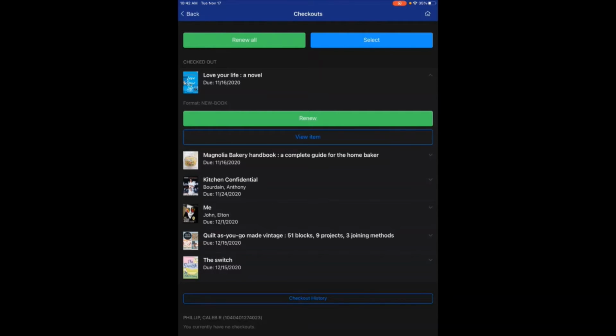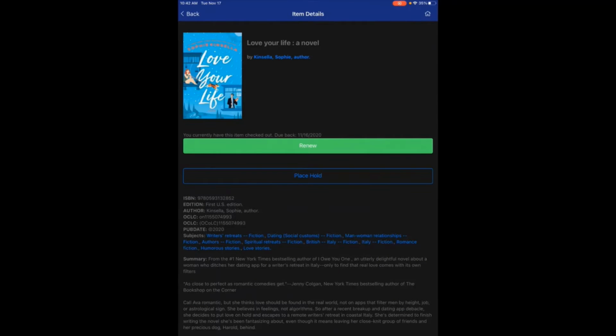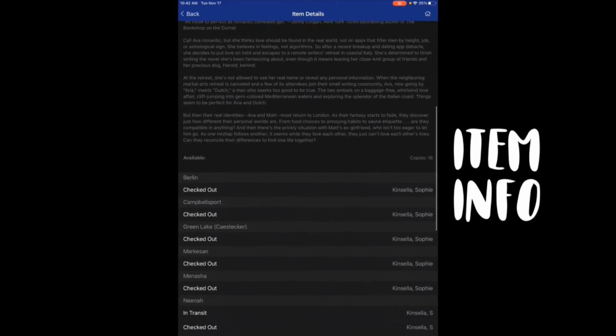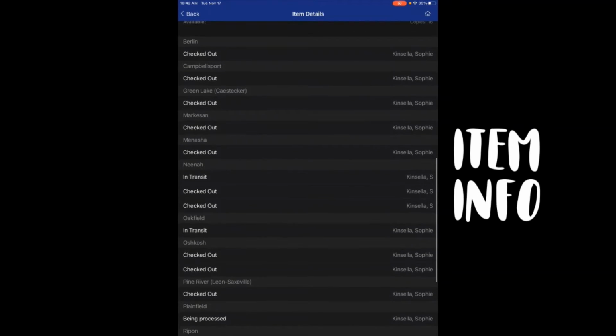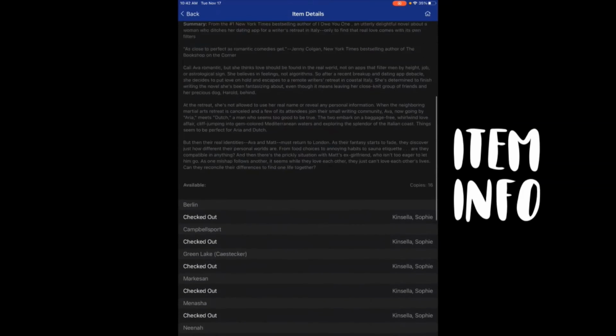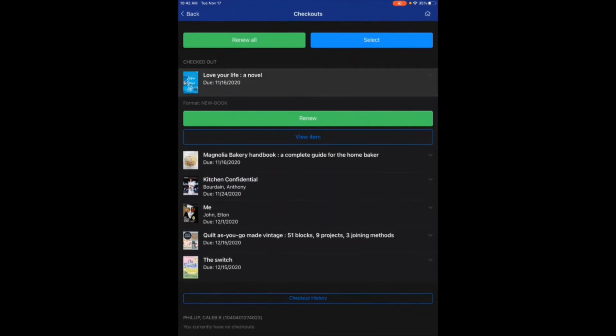Now, right below that green renew box is a view item box, and if we click on that, it's going to bring up all of the details about that item. So if I scroll down, you can see it gives a summary, and it tells you which libraries have this item and whether or not it's checked out, in transit, on hold, etc. All right, so if we go back here,